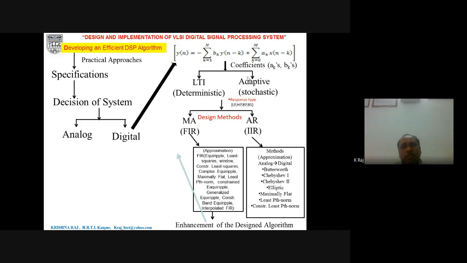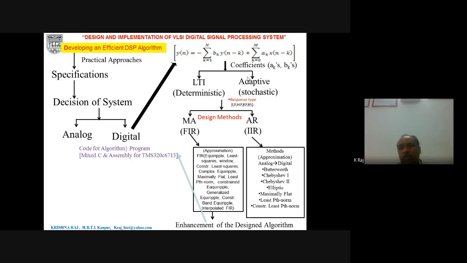Now, whatever system has been designed by this approach, the enhancement of the design algorithm will take place again by using pipelining, parallel processing, etc. Then we will write the code, and as we discussed in the previous class, during the time of writing the code,